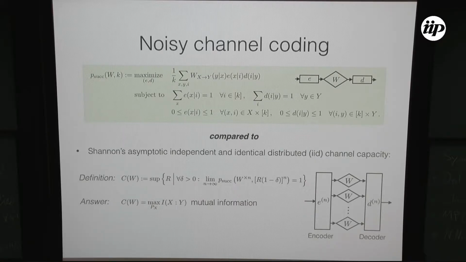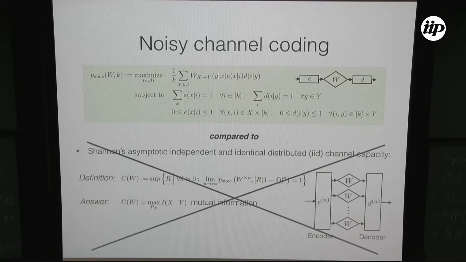Then they look at, for example, the maximal rate at which you can send bits such that the success probability in this asymptotic limit goes to 1. This is of course shown by Shannon, given by this nice closed formula, the mutual information of the channel. But here we're not interested in this setting, so let me just cross that out,